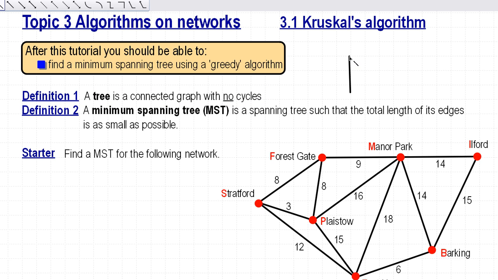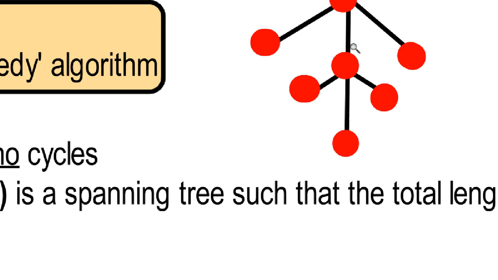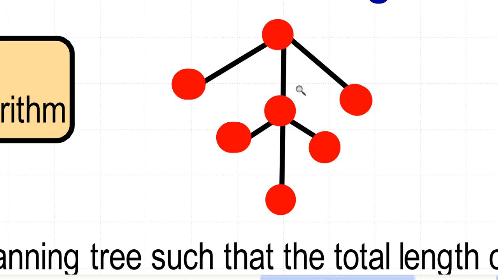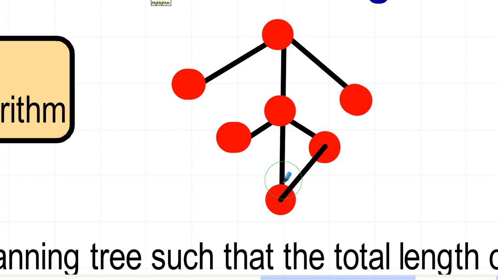For example, if we were to consider this graph, allow me to add some vertices. What we have here is a fully connected graph that has no cycles. So indeed that fits the definition of a tree. This graph though does not. Were I to add that edge there, I now have a cycle, so that does not fit the definition of a tree. However, were I to consider a subgraph